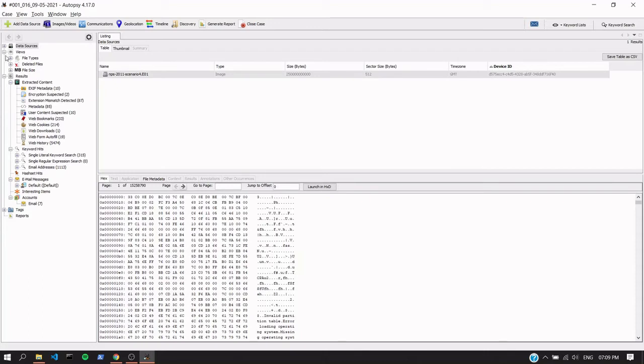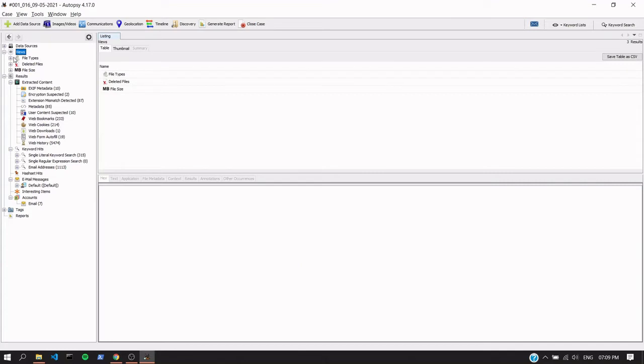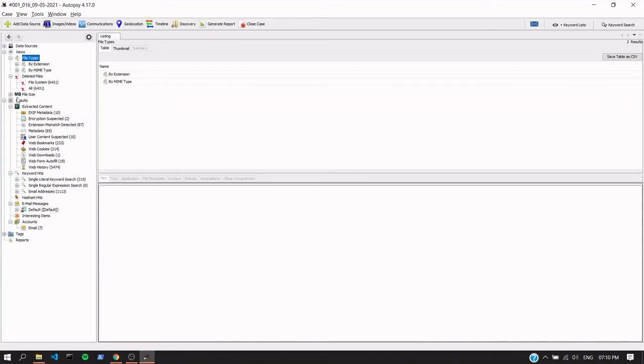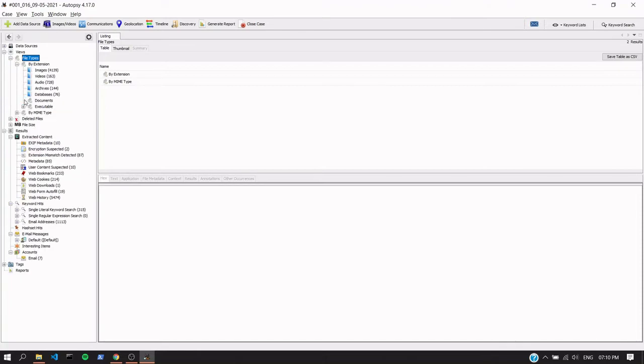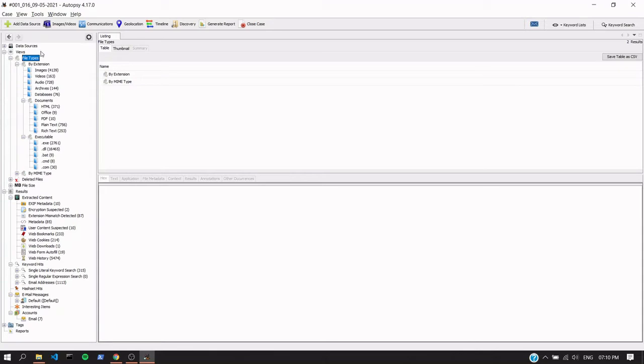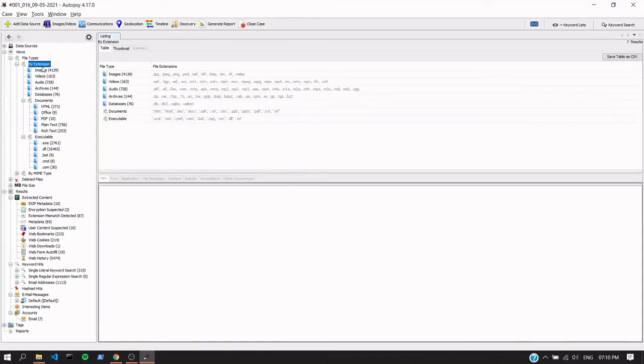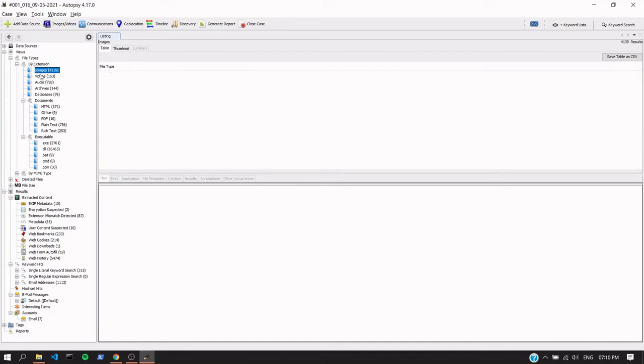Now let's look at the features that Autopsy provides us. The view one. Here we can view all the files that are on the disk image.